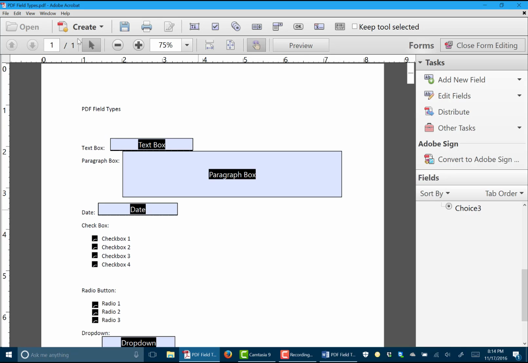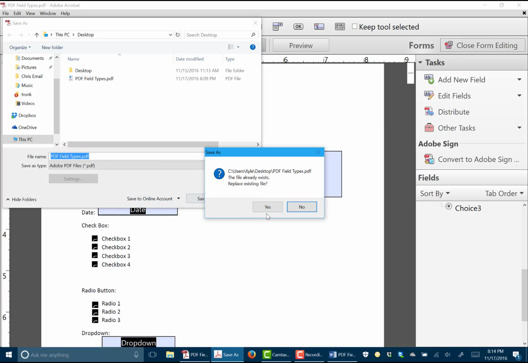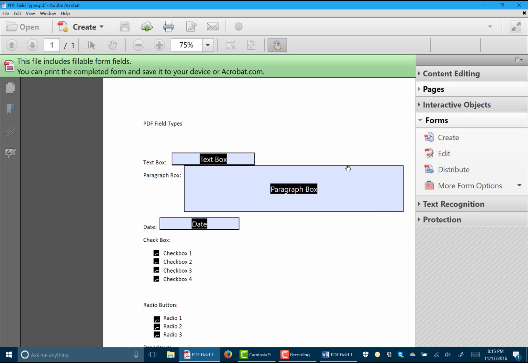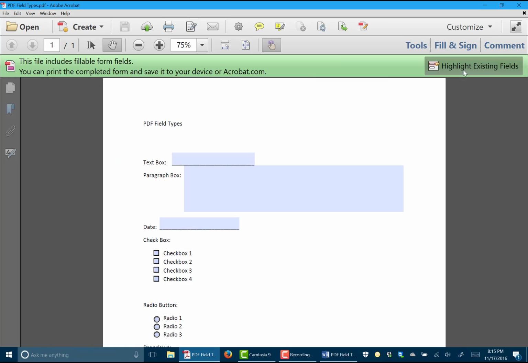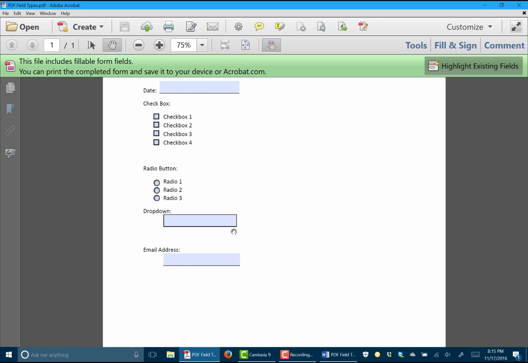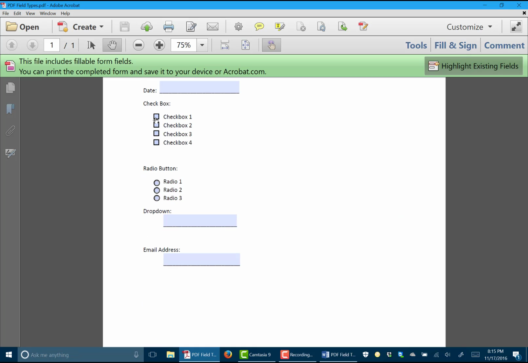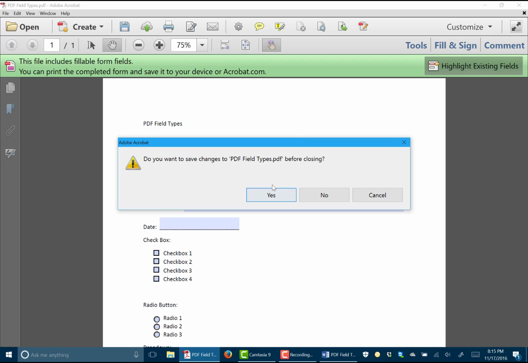It looks pretty good, so we're going to save this again. I'm just going to save it on the desktop and overwrite it. And I'm going to close the form editing tool. And we'll close the tools completely. And you can see that now we have a PDF form where there are these fields here that we can checkbox. That didn't exist just a few minutes ago. So we have our form, and we've saved our form, and now we need to get to work on